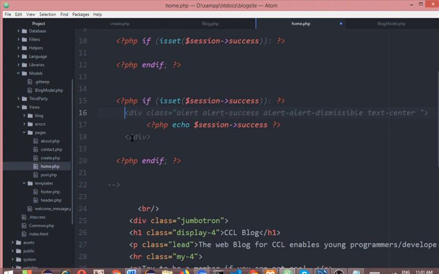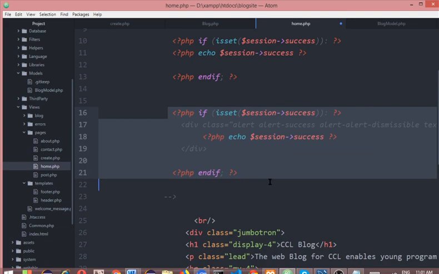Before I call the div, let me do something for you to understand. The div is the alert div. So now if I echo the session, and the session, as you know, comes along with the FlashData, the flash variable, which is success, then it will echo without any alert. That is, without any, what we mean by alert. If I echo it this way within here, and I cut this one,